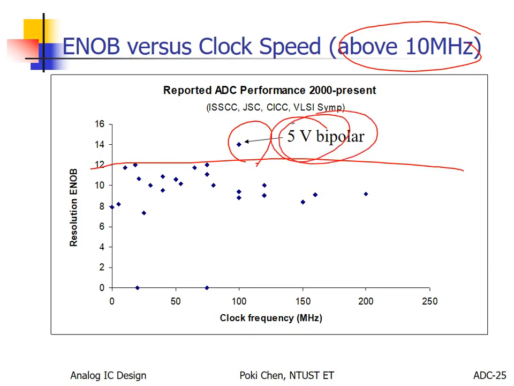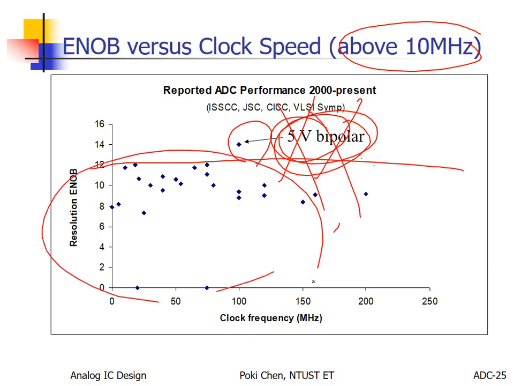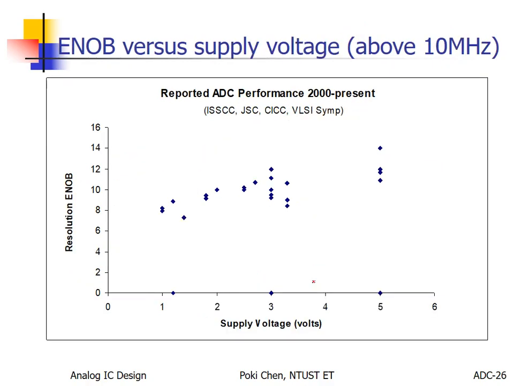But see, it is really expensive with a bipolar process instead of CMOS, and the supply voltage needs to be as high as 5 volts. If you cannot afford such a high voltage or such a very expensive process, then again, according to the top papers on Earth, 12 bits effective is some kind of threshold for humankind. Never mind how good you are, to go beyond 12 bits, for most of you, is something like mission impossible.